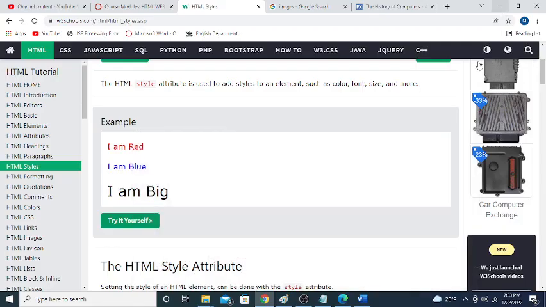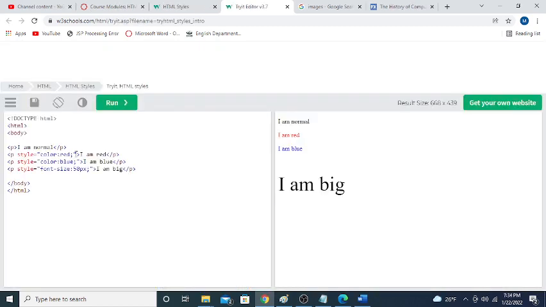Okay guys, we're going to go over the styles now. The style is how you control the size, the color, and the font of an element. On your first try it yourself here, once you notice that all they did was they took this P command, hit the space bar, and typed in style equals open parenthesis